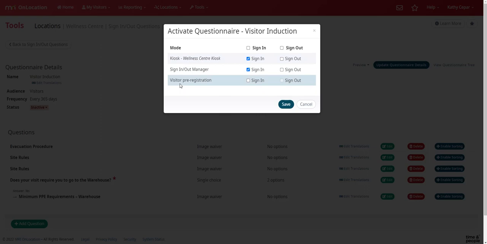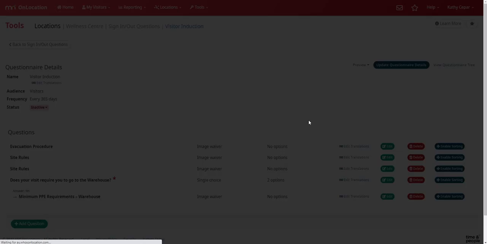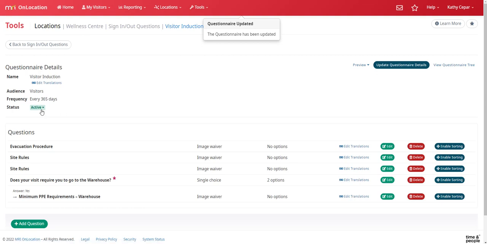Our visitor pre-registration, so if we were pre-registering our visitor, we can also choose to send this through to them to complete before they come to site. In this instance, we won't have that one on. You can also create questions for sign out as well that you can present. Once I hit the save there, you'll see that this is now active and the questionnaire has been updated